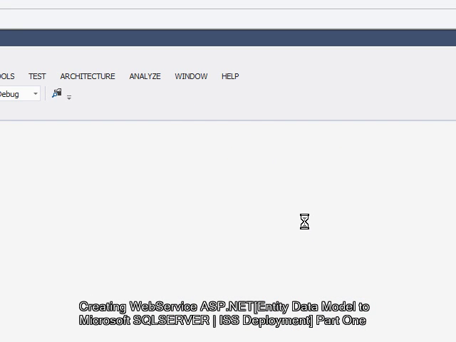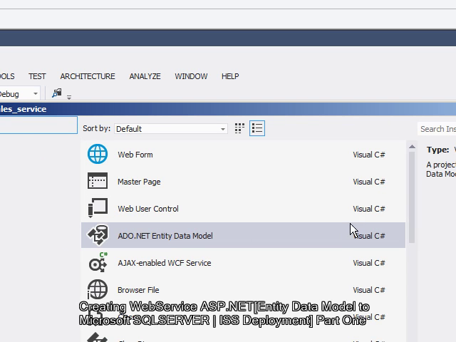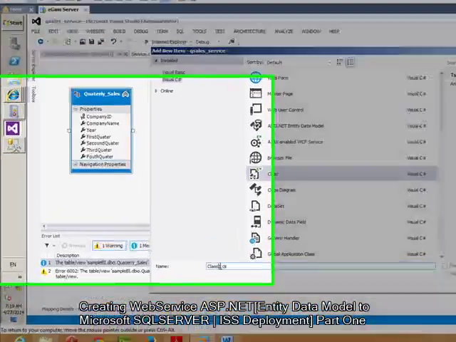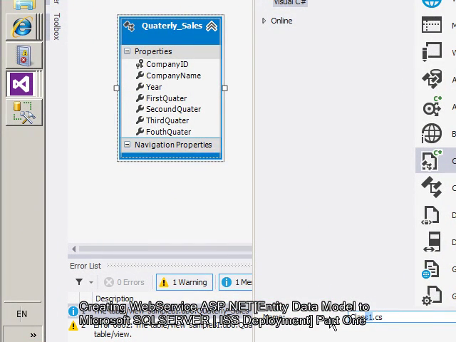I'm actually adding a new item. So what I'm going to do is I'm going to pick a class because I'm creating a class. There you have it. That's a class. It's an object. It's going to be an object to reflect the structure of the table, so I could use it in a list. I'm going to call it sales